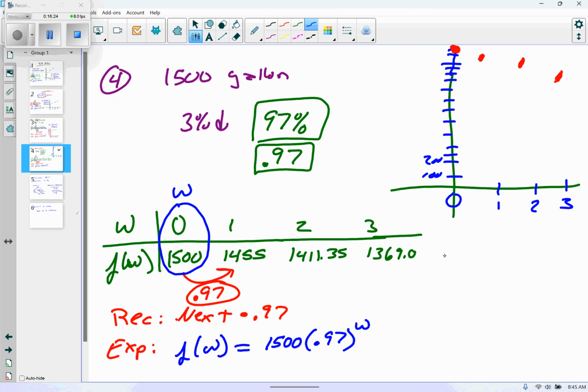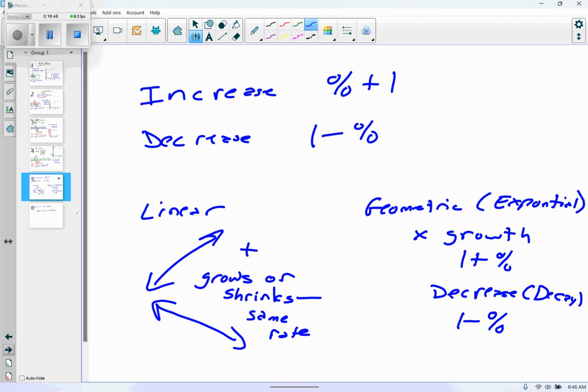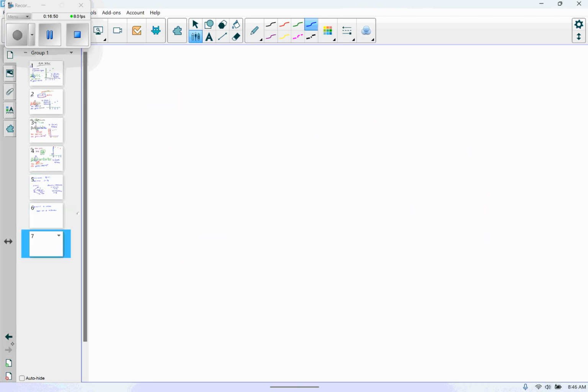And then the last one, our domain, our x value would be from 0 to infinity. And notice I have a hard bracket, square bracket, because of our starting point. And so we could say that x such that x is greater than or equal to 0. These are all the domains of that. Okay, so